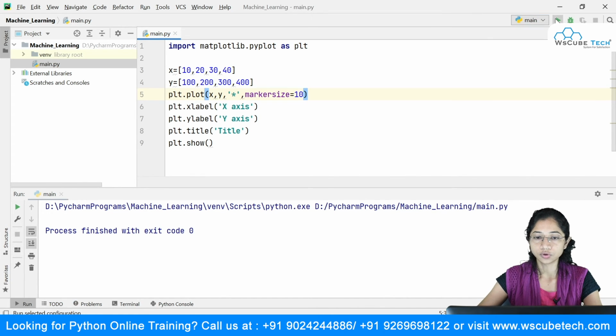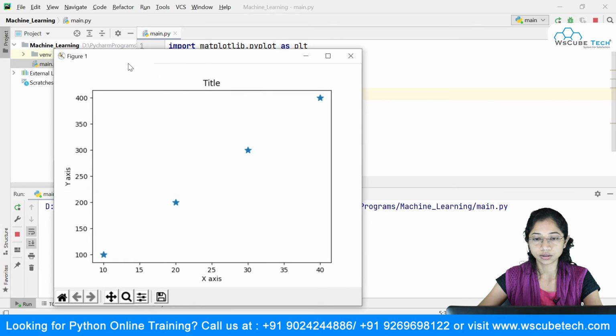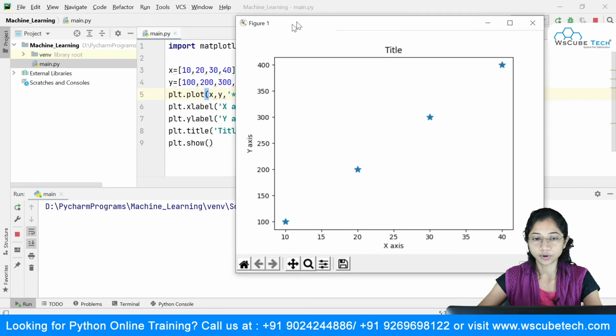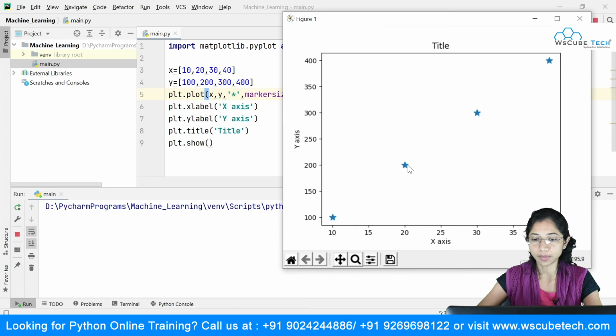So say for example you don't want that line, you just want the markers over here. Now you can visualize this: this is at 10, 100, then 20, 200, then 30, 300, and 40, 400. So this way also you can plot your graph.